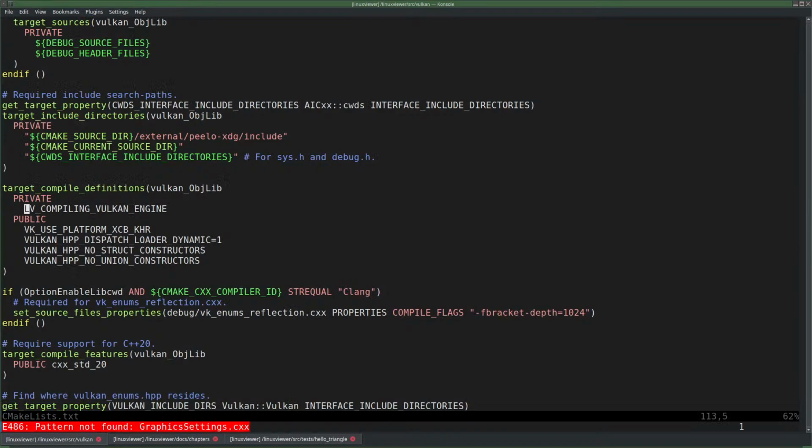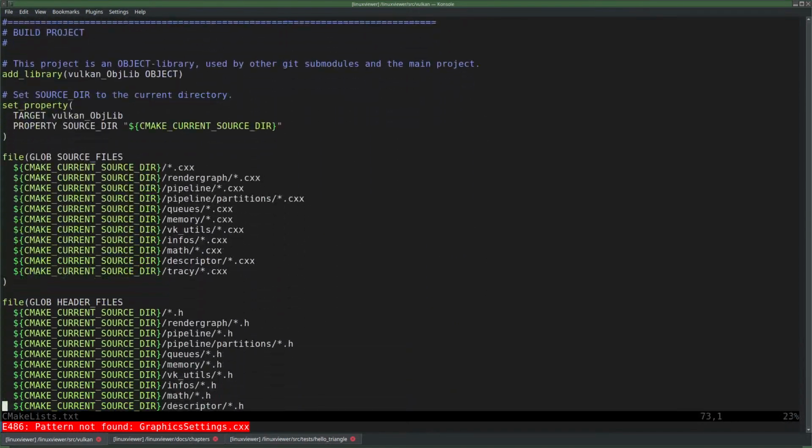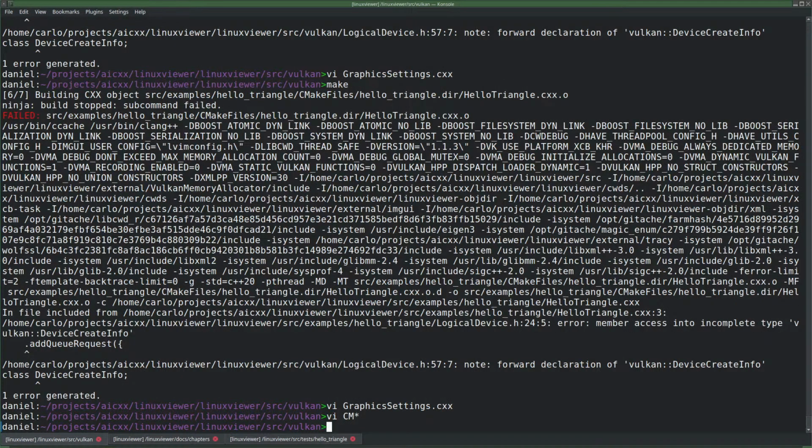It's not used. Globbing all .cxx files. What is this? I'm stumped.